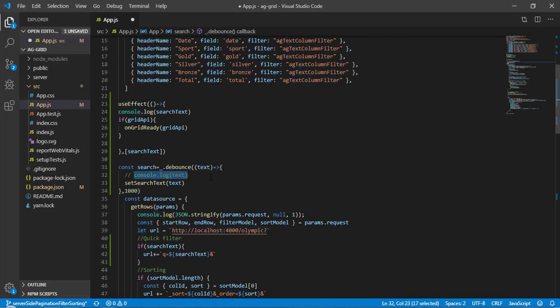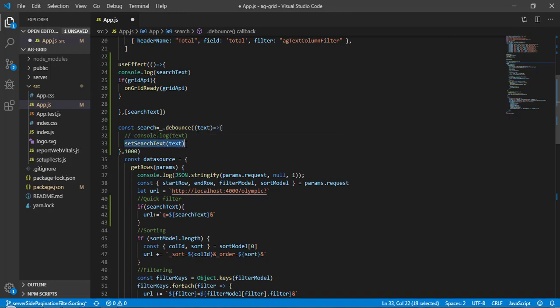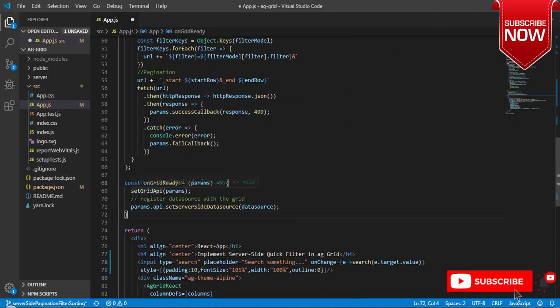So let's comment this, and here we are changing the state after 1 second. Once the state gets changed, it is going to call this useEffect, and from there it will call the onGridReady function. Now onGridReady function is going to call setServerSideDatasource, and from here this data source will get called.